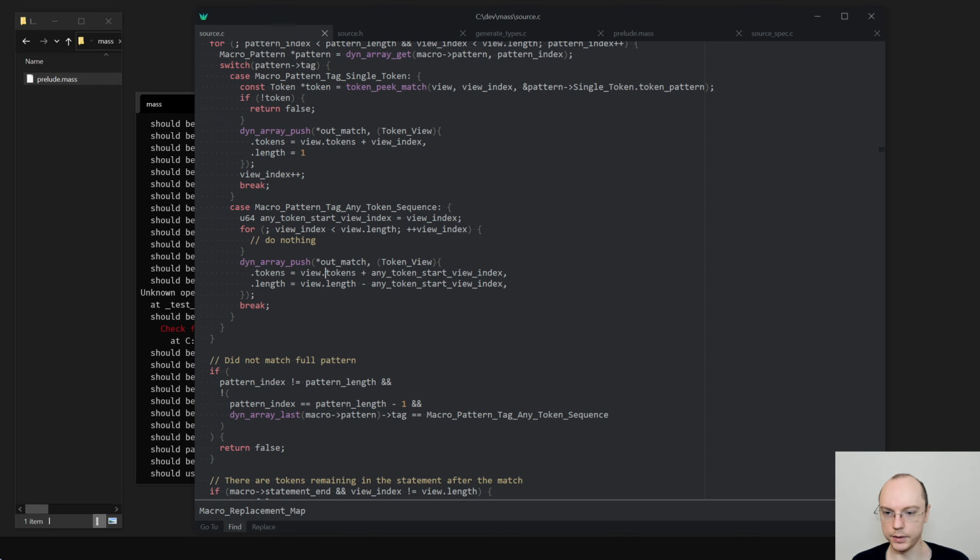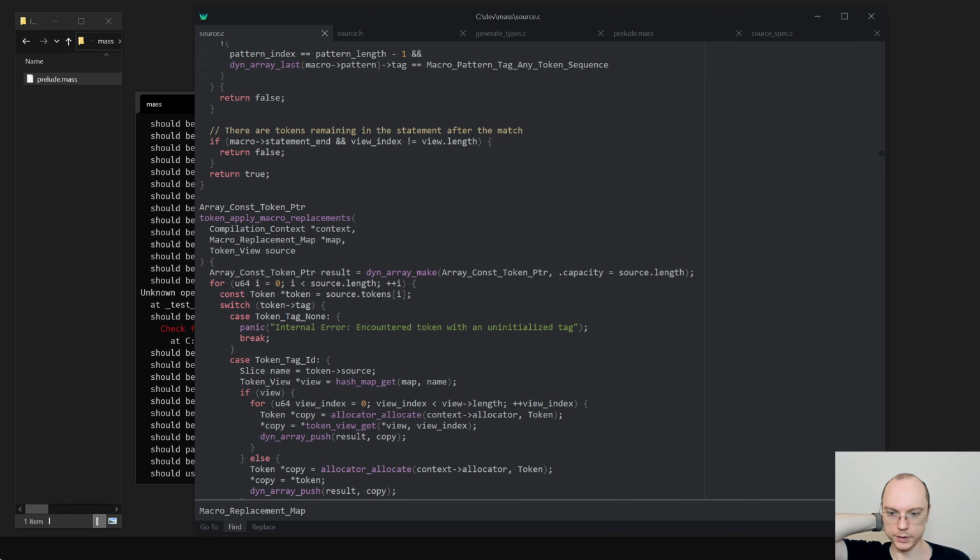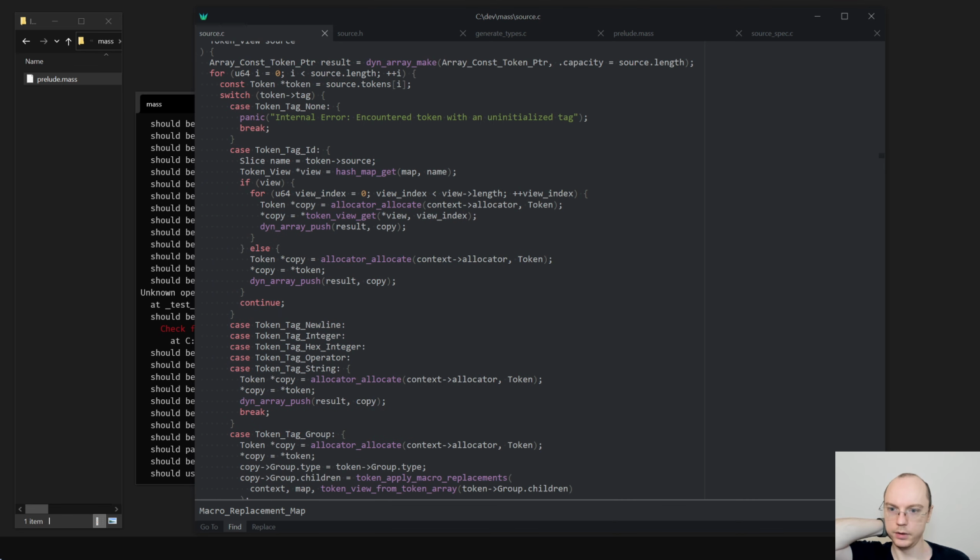So let's verify this stuff. Tokens is view tokens plus this. That makes sense. And the length is, well, wherever we matched to. Seems okay.